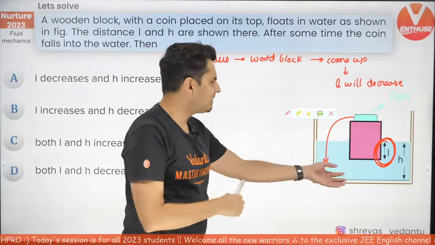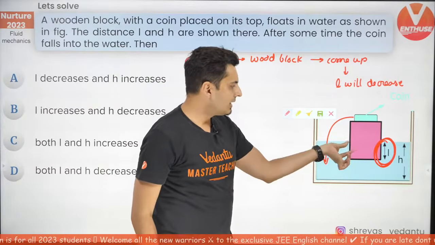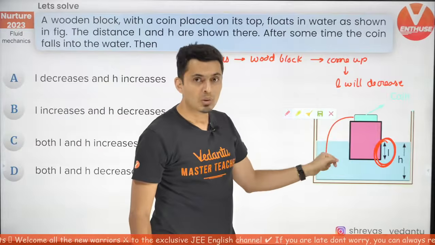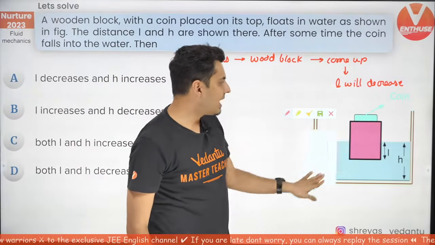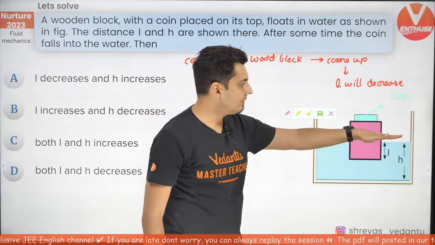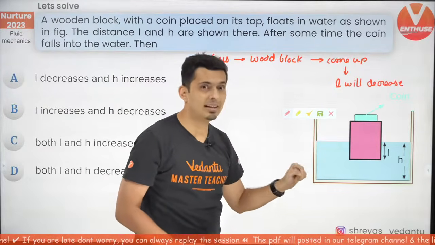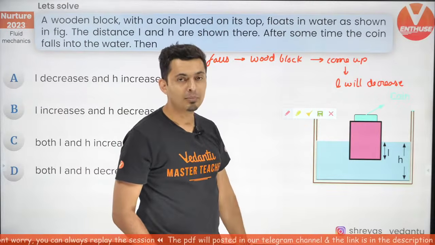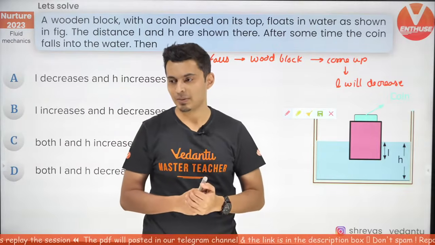Now you'll be like, sir, if length decreases, I know what will happen, because now lesser volume is submerged. So the level of liquid will come down. A lot of people think as soon as the coin falls, this box goes up, the wood goes up, so the level of water comes down. But you guys forgot one thing. The coin will also fall in the water. Because the coin falls in the water, again it can come up. Now whether it compensates or doesn't compensate is another theory.